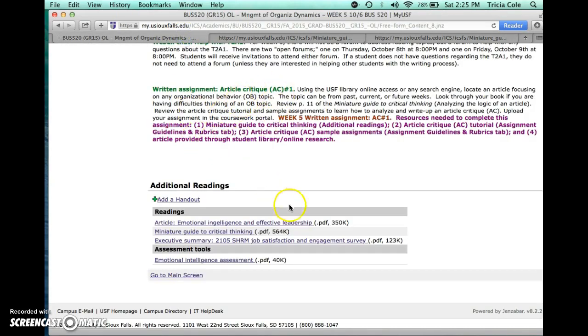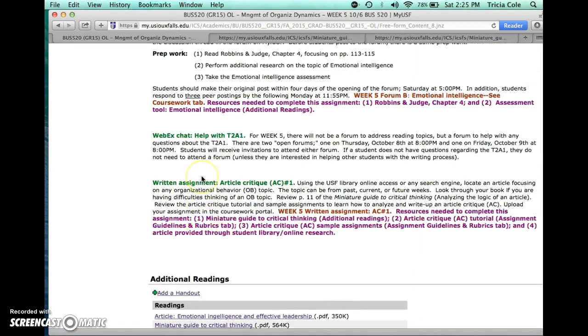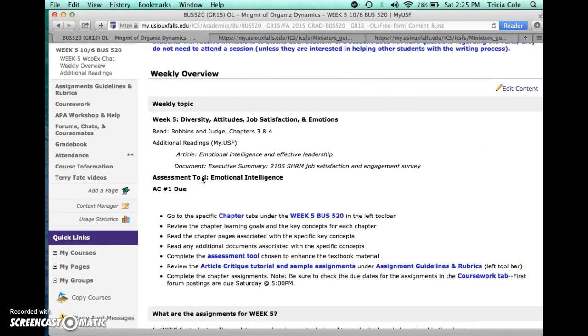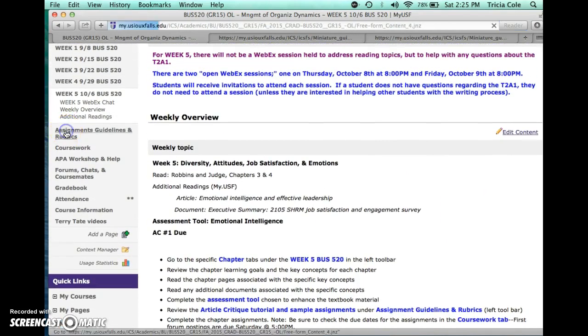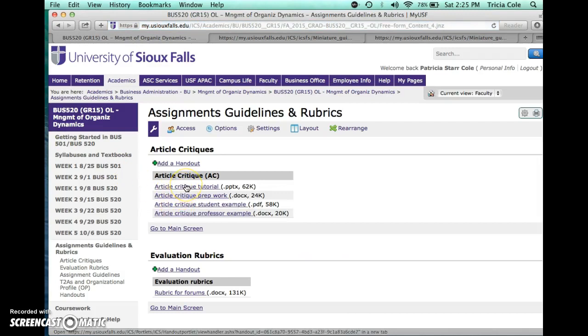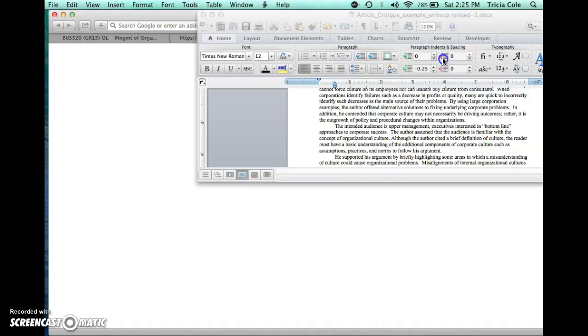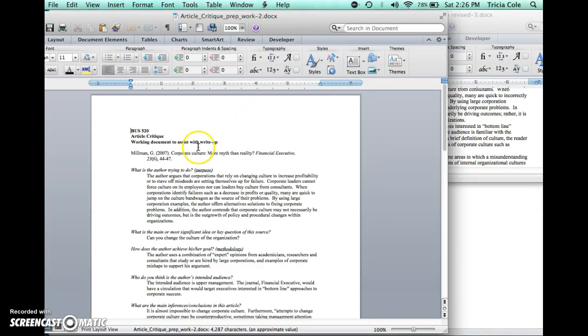The next document that we will look at is the assignment write-up. Here, when I go to the Assignment Guidelines and Rubrics, you will see we reviewed the article critique tutorial. The next is the article critique prep work. A student has looked at the article critique tutorial, looked at the questions, and then has answered the questions in sentence format to create small